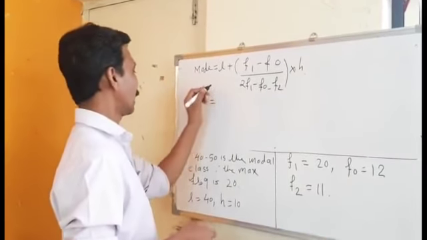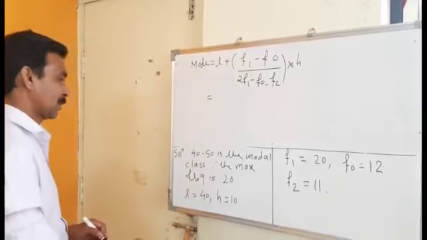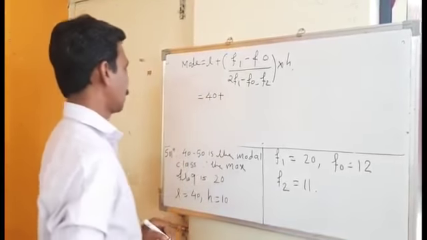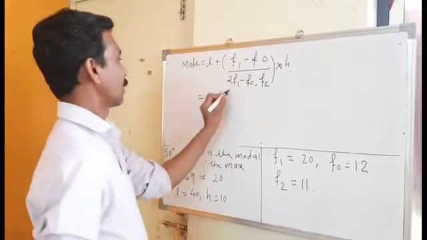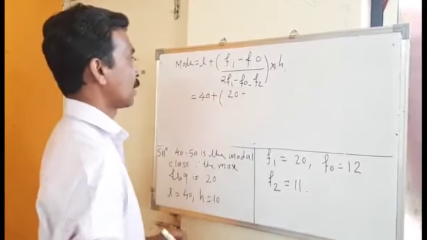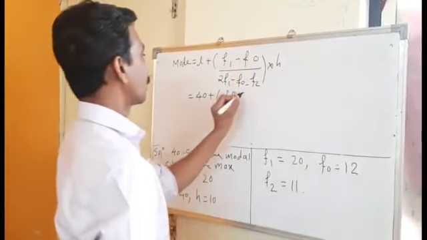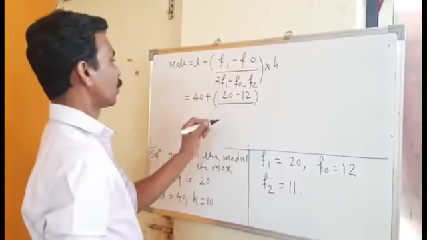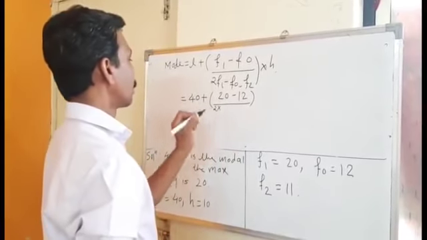Mode is equal to L. What is L here? 40 plus F1, I will write in the bracket, 20 minus F0, which is equal to 12, upon 2F1, means 2